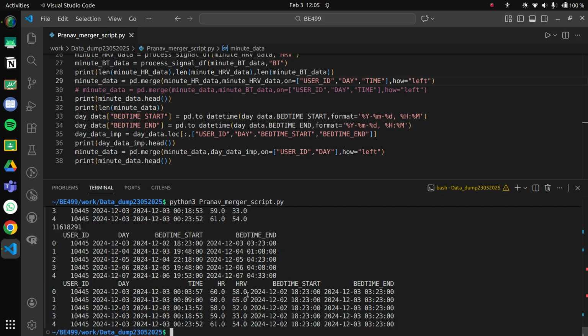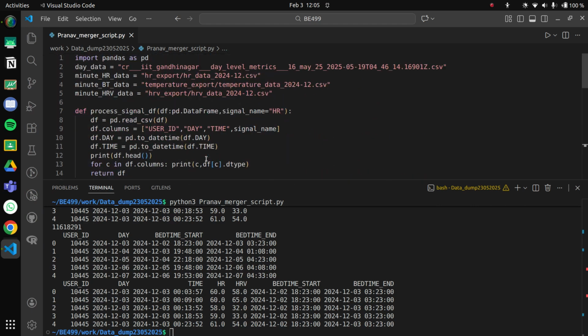Although we could potentially be using this, I don't know. Yeah, I guess I'm just gonna leave it like that. Bedtime start and bedtime end, it's fine. Just leave it be. I think it's fine. We can just create the indicator in our analysis later. So I'm just gonna save all of this data to a file, which I guess, since I'm using the